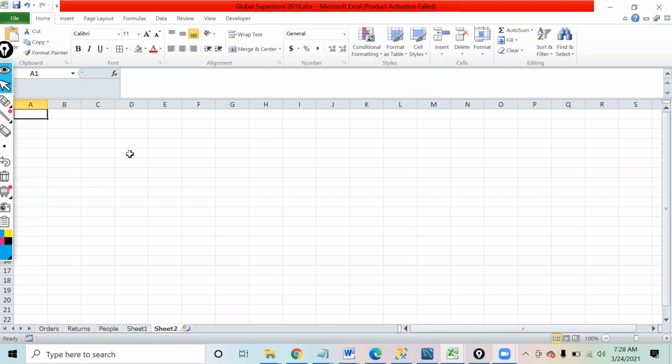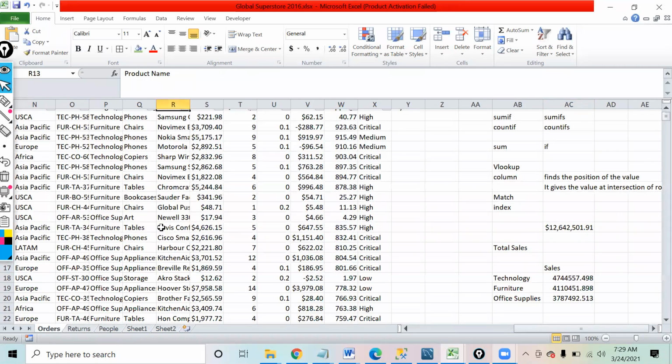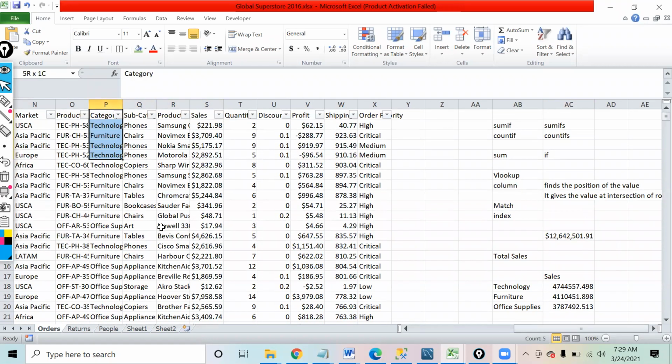If you go back to the main sheet, orders, you see how there are different criteria like technology, furniture, technology. We have column S for sales, which was coming from, let's say, different regions. So sale one, sale two, sale three, sales from different regions, split out in three different columns. And then we wanted the total sales, S1 plus S2 plus S3, for a particular category.